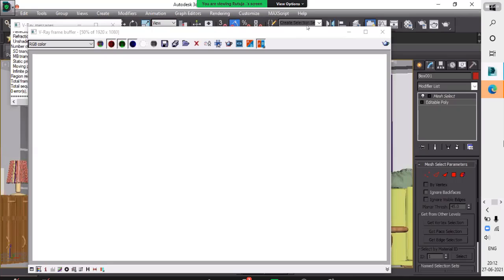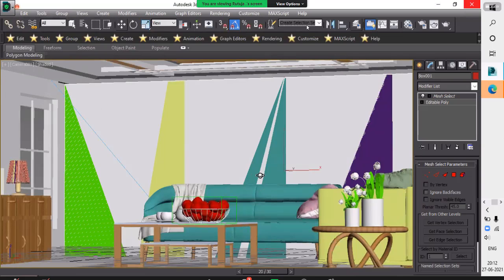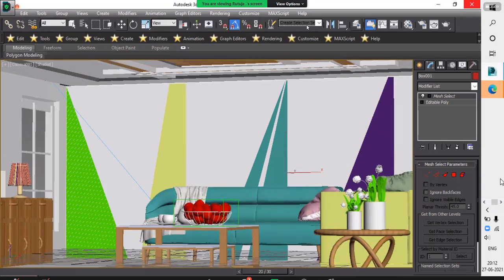Sir, I think it also takes a lot of time. So can I cancel it? Yes, Rutuja, you just cancel it and you can show some of the rendering already done. Rendering works, you can show here. So that will be better. Okay, we can imagine this type of output we will get after the rendering.